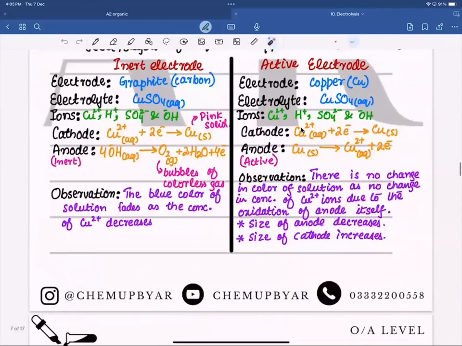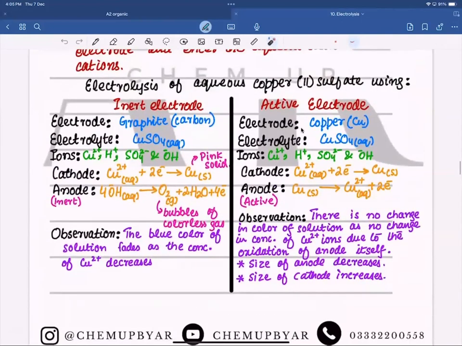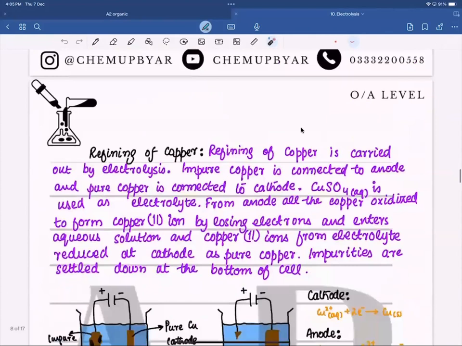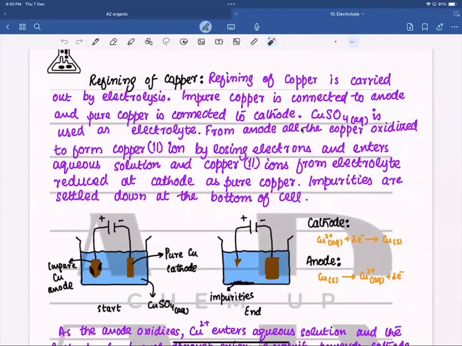So in the last class, we compared the electrolysis of aqueous copper sulfate, one with the inert electrode where graphite is used as an electrode, and the other case is the active electrode where copper electrodes are used. Now, we can do the refining of the copper